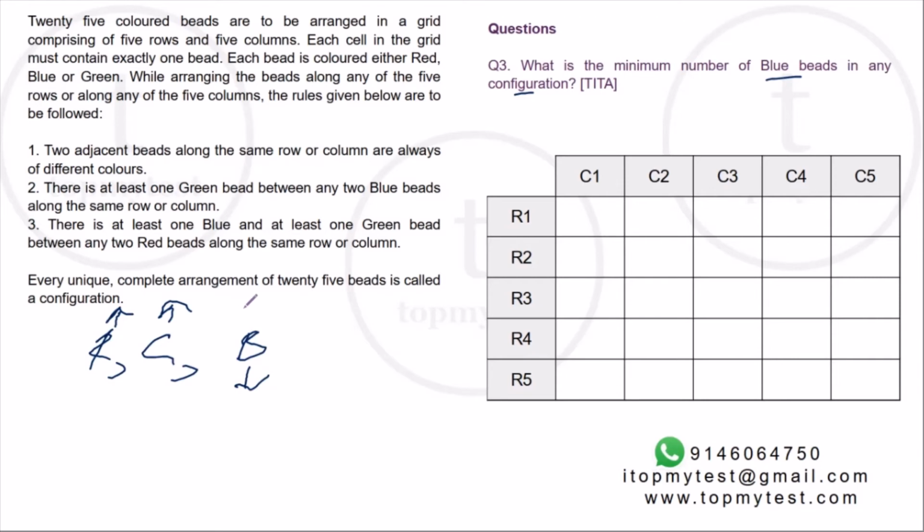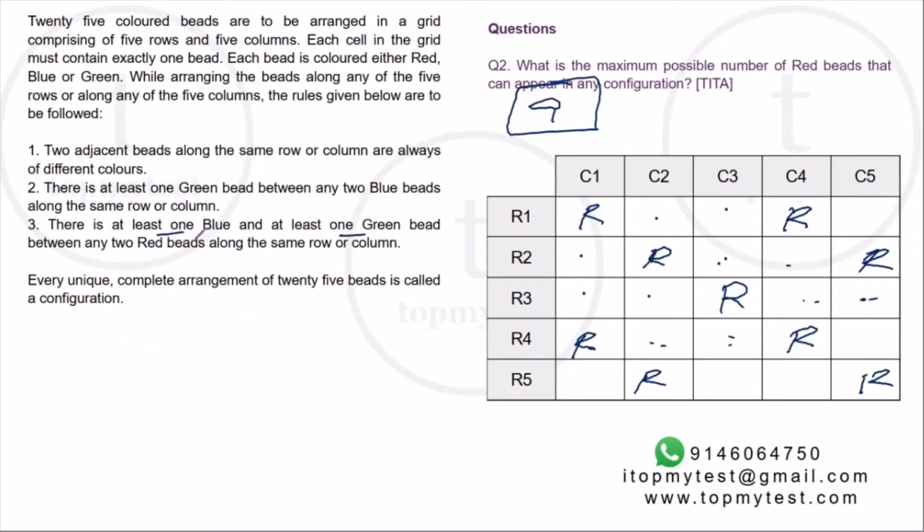Now, what is the criteria? Between two reds, you have to have at least one blue and one green, right? I'll first fill a green, and then only if there is space available, fill a blue. So I can fill this as green. This has to be blue. I can fill this off with green instead of blue. I have a choice of green or blue. I'll first fill with green. Okay, similarly here, green, blue, I'll fill again a green.